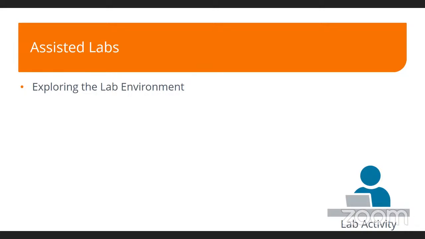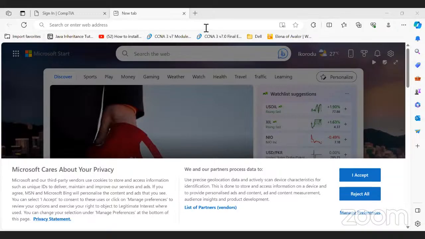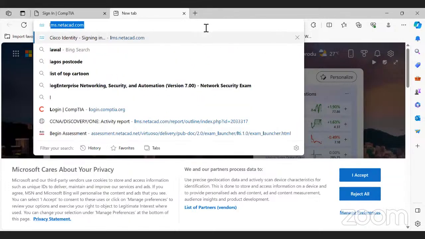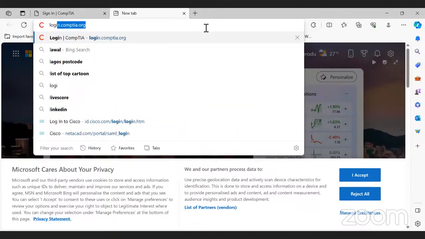Okay, so if you remember, I think I showed this earlier on, right? How do we access the lab? Okay, so accessing the lab is so simple. So all we need to do is to log in to the CompTIA site, which is login. All right, so that's it,